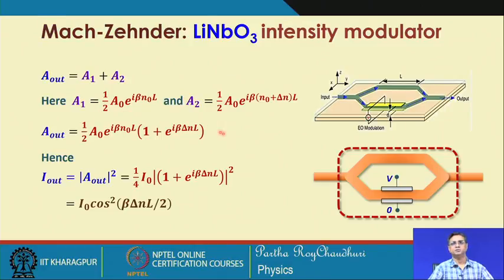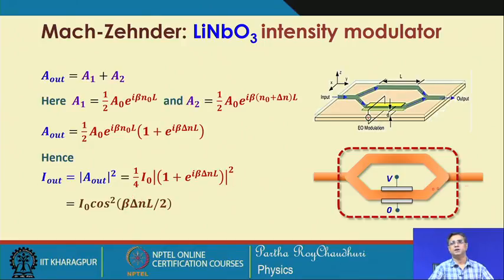So, again moving with this understanding, the amplitude for this field can be written as n0 and the length of propagation L. In the case of the other beam, you have an additional phase delta n, which is active over a length of L. Therefore, A out is the sum of these two amplitudes, and then you take the mod of this to get the intensity, which gives you I0 cosine square of beta, where k0 is 2 pi by lambda, and delta n into L by 2.